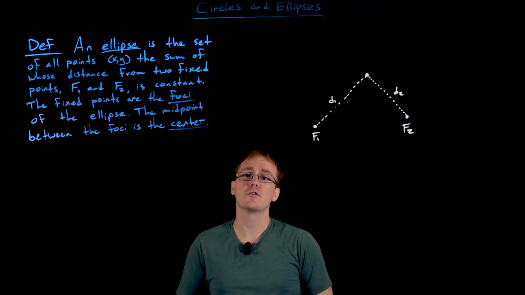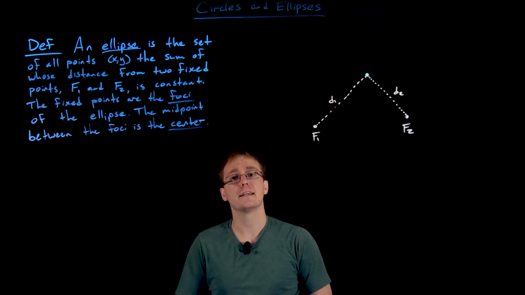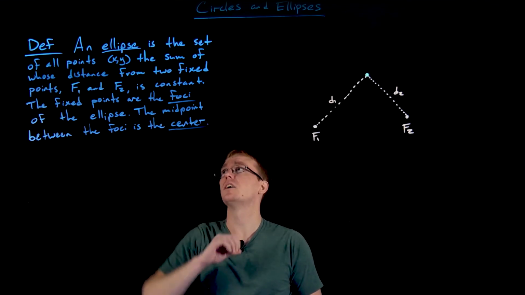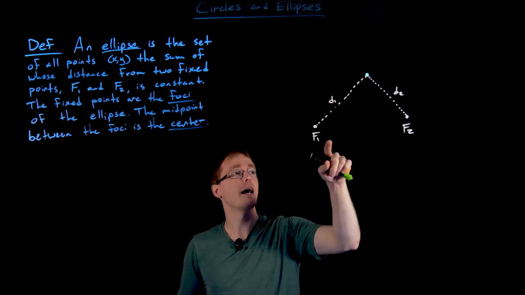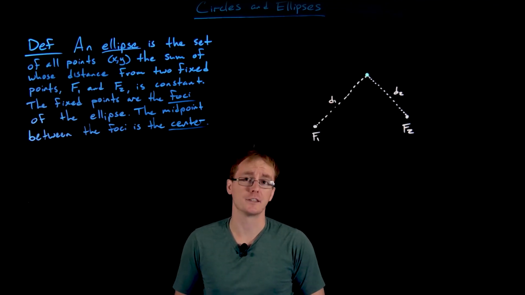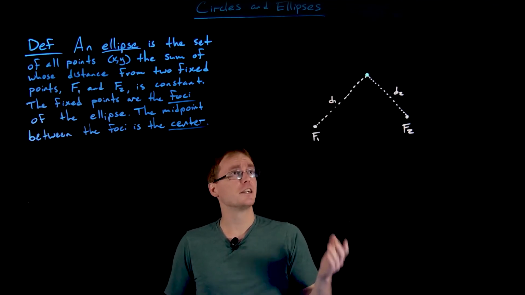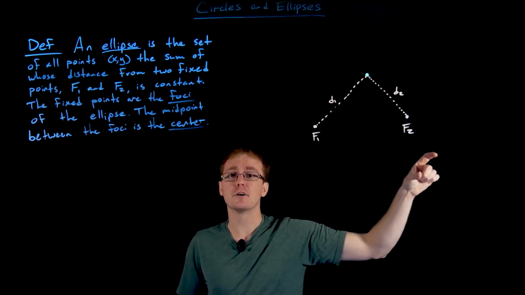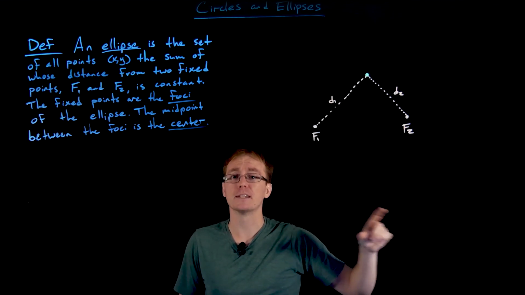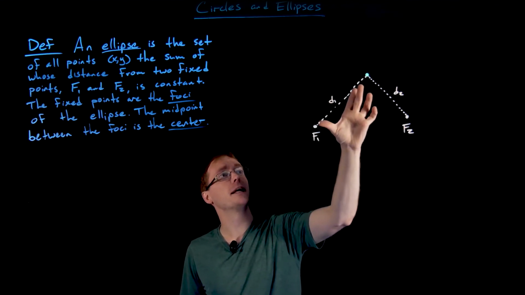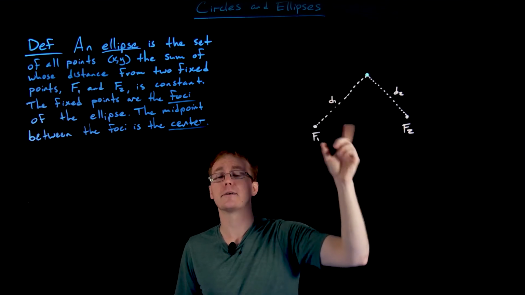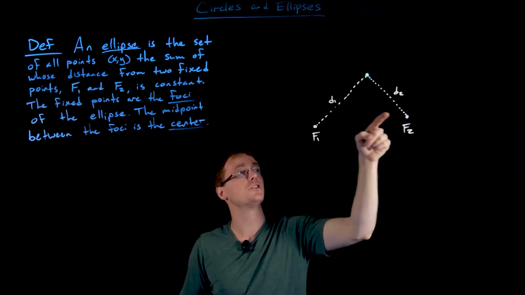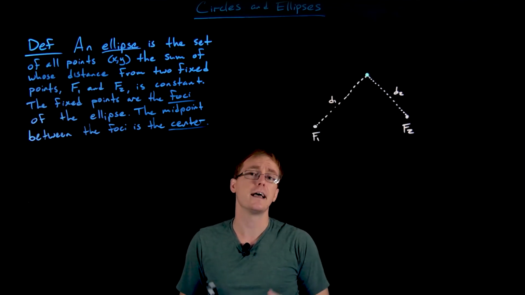The way we can go from this first point on the ellipse to any other point on the ellipse is using the fact that the ellipse is the set of all points, the sum of whose distance from f1 and f2 is constant. So what does that mean for us here in our picture? That means if we were to add up d1 and d2, we get a number, and that's going to always be a constant number that does not change. Meaning, if we were to make d1 a little bit smaller, that would have to come at a cost. The cost is d2 would have to get bigger,